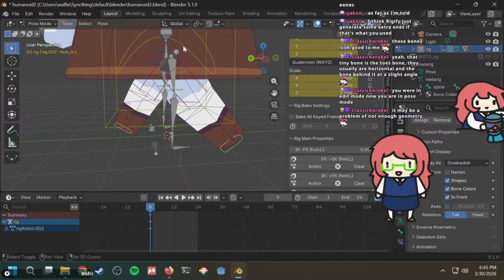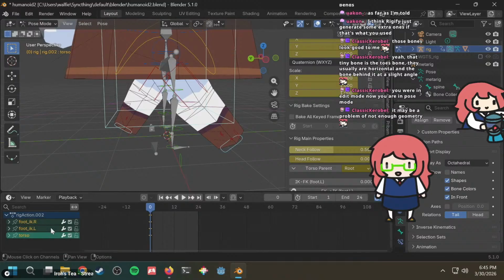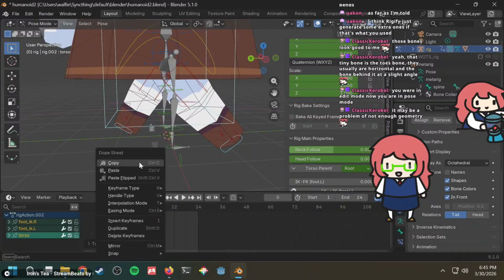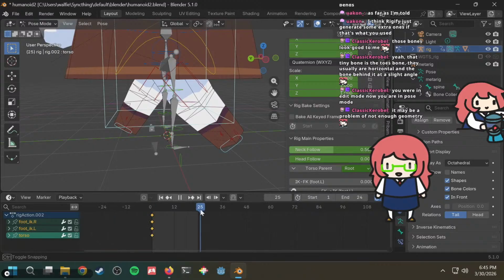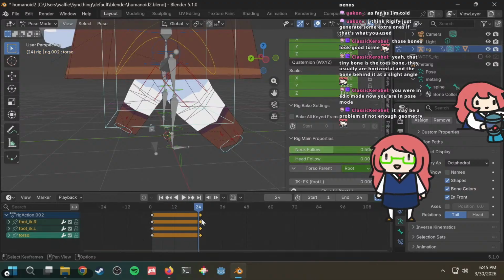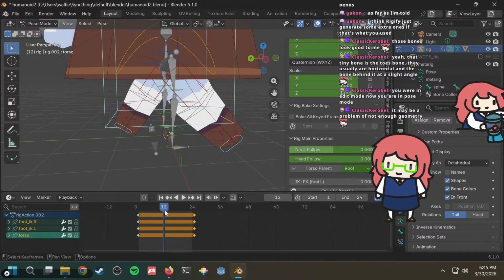Let's click on all this stuff. You want to copy these ones and paste them at frame 25. Now you're like, but Wolfie, why 25? It only goes to 24. Well, because you want it to not be the same place.